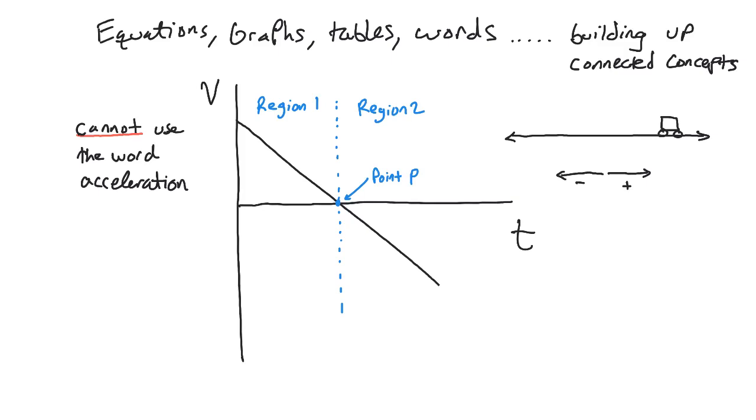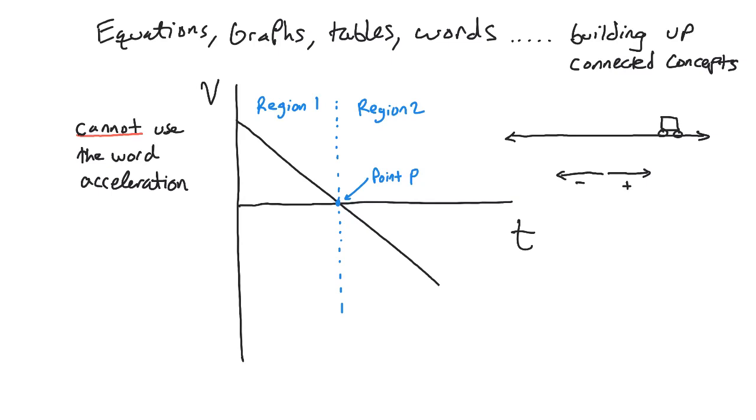And I'm going to constrain you to not use the word acceleration at all in your explanation in words. You absolutely cannot use the word acceleration. This is going to force you to really think about the concepts that we've learned here today in this video. Okay. Also over here on the right, I have a little number line that might be helpful for you to visualize the object moving in one dimension. I'm not even going to label the number line with positions. It's not important. All we know is that